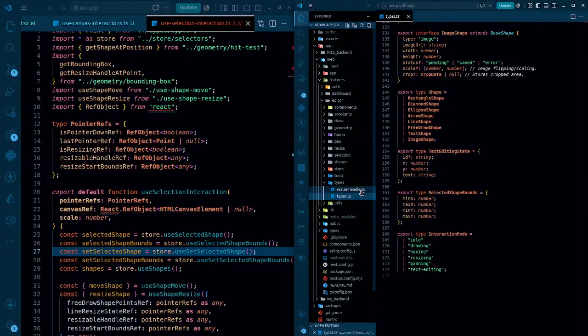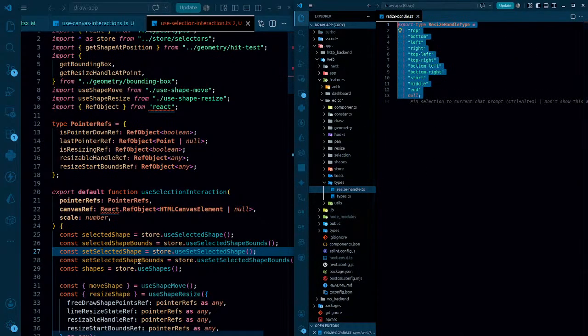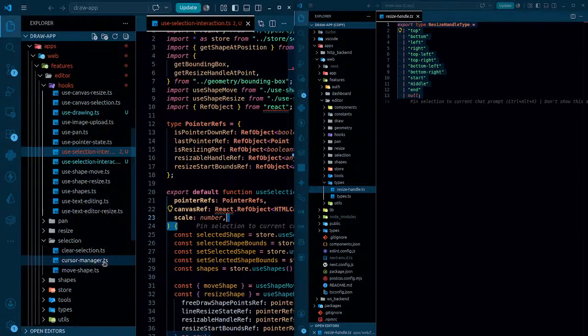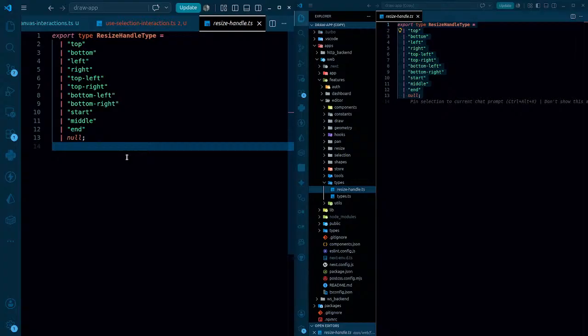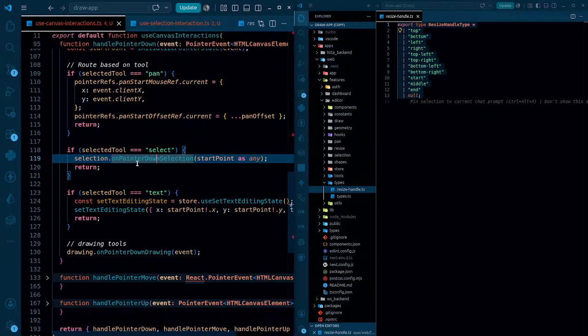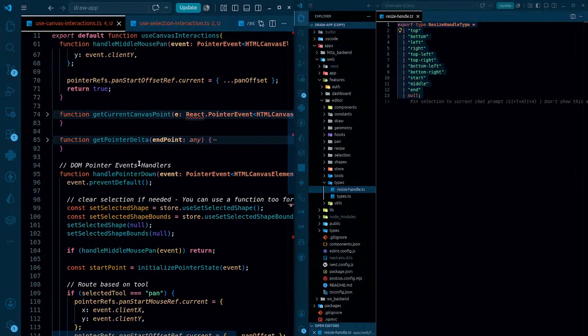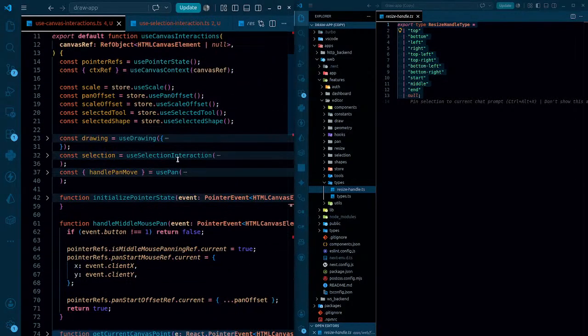I'm gonna have it here, but here we have resize handle type. The question is, if I have the resize handle type in here, why don't I have it in here? So it turns out I do have resize handle type. So if I actually have them, why wasn't I able to get it in use canvas interactions? If I go to the top,